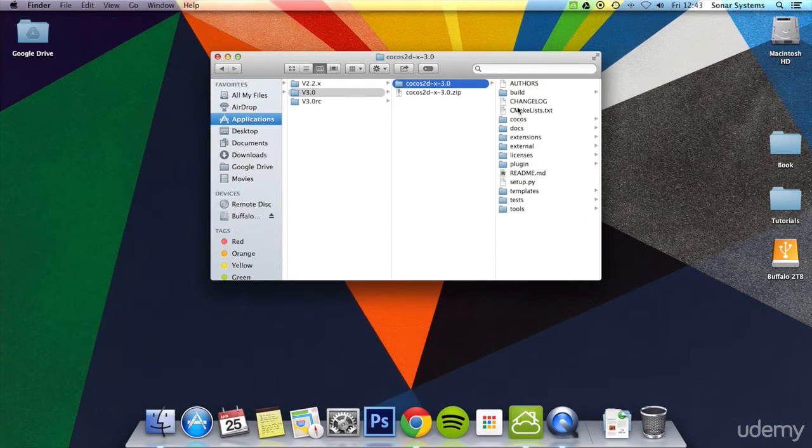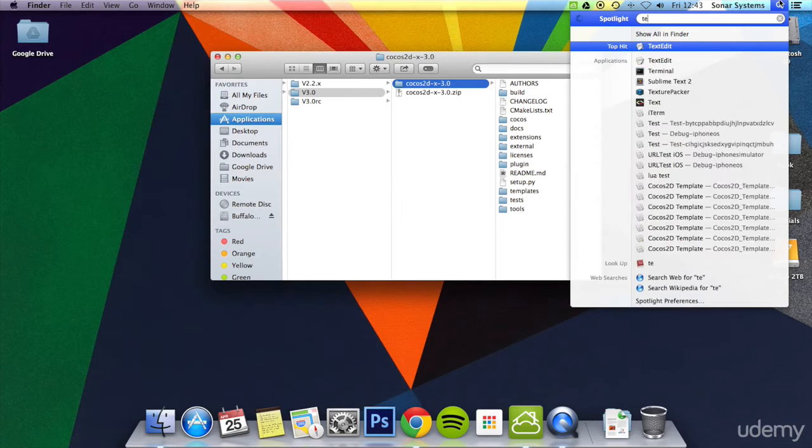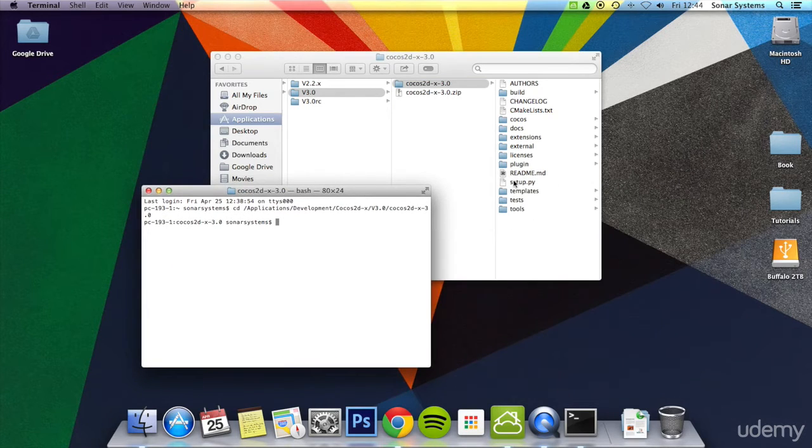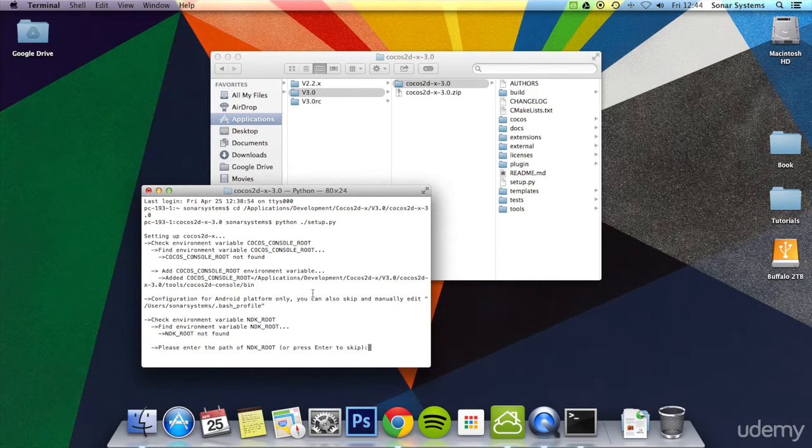Now that's done, what we want to do is open up a terminal and change directory to our Cocos2dx directory. So we type in cd space, drag the Cocos2dx onto it, click enter. We want to run this command, setup.py. It's a Python command, so you do python /setup.py, click enter. And there's a few things: it's added a Cocos console root, and it's asking for an